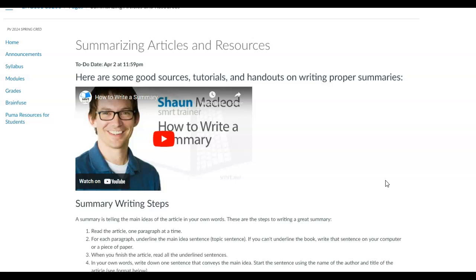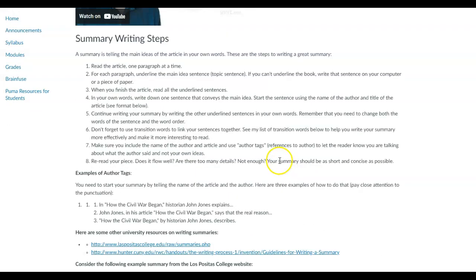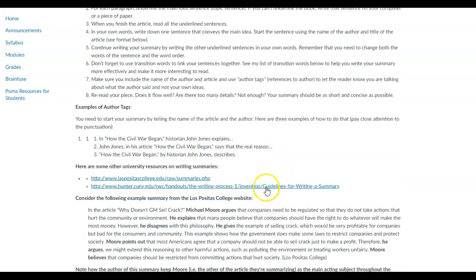For summary, we have to provide our audience a little bit of a summary of this article that we're analyzing so that they will understand and better appreciate what we have to say about it. Writing a summary is a little more difficult than a lot of people realize. So I have here a video and some links to some handouts from other universities that explain what summary is.